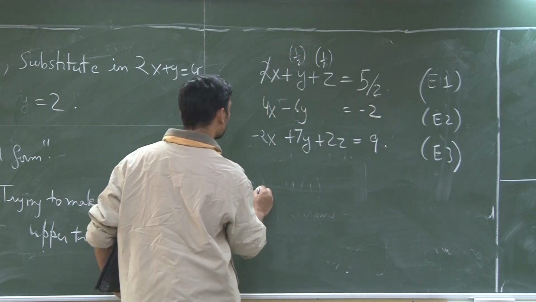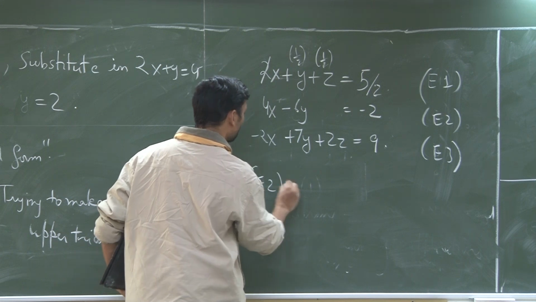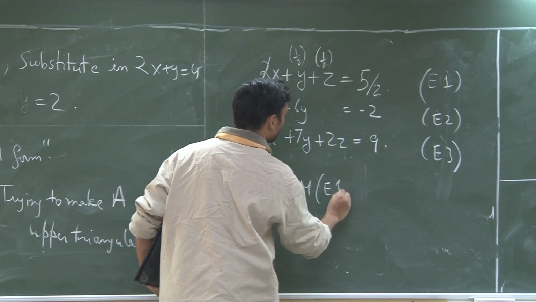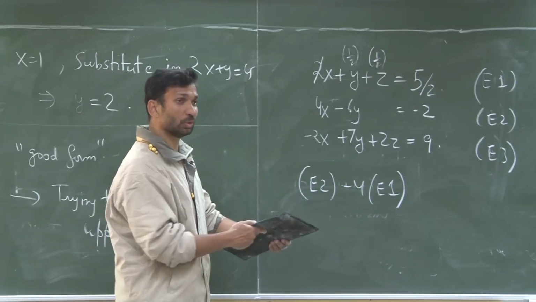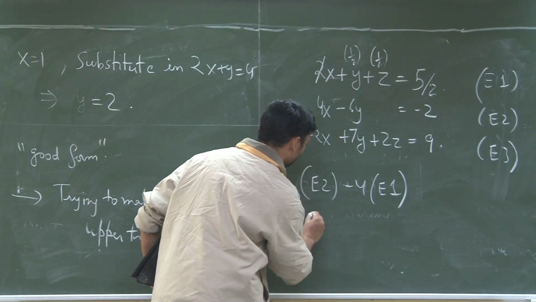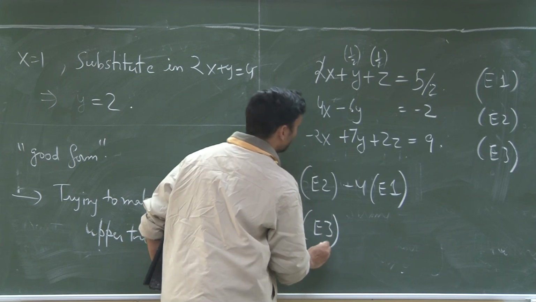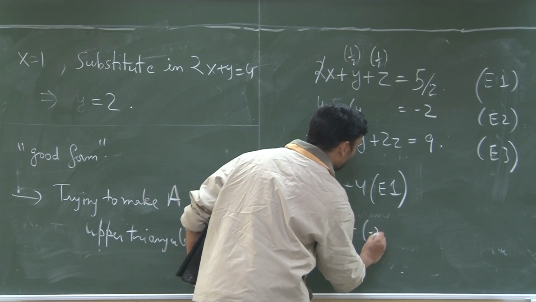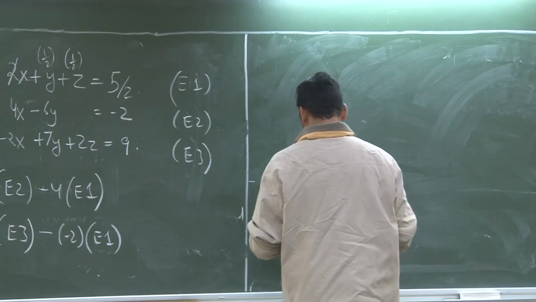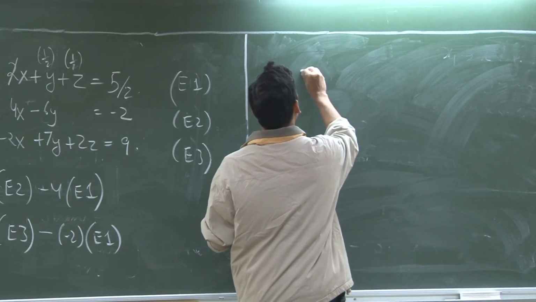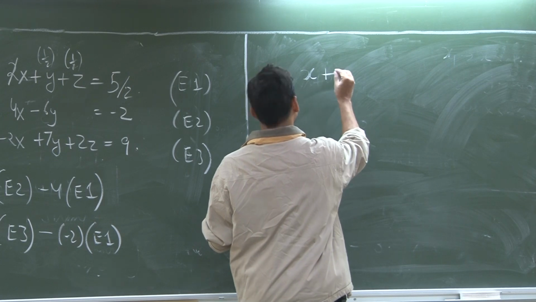So what I am going to do is take equation 2 and subtract 4 times equation 1. That will make the coefficient of x 0, and to make the coefficient of x 0 in equation 3, I am going to do 2 times equation 1. You can make these calculations and what you will get is x